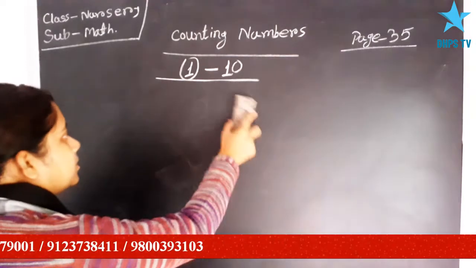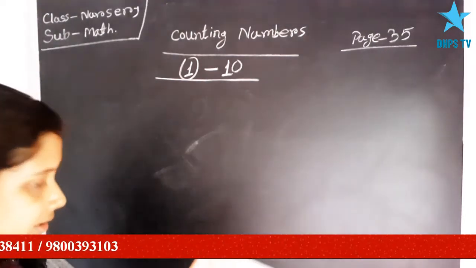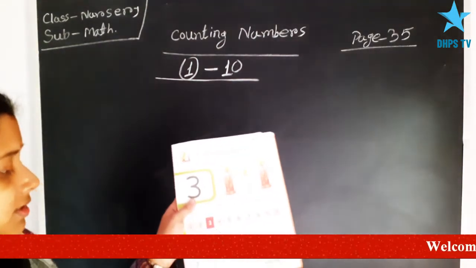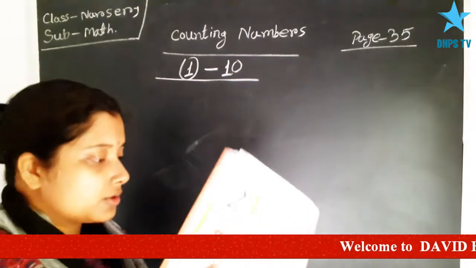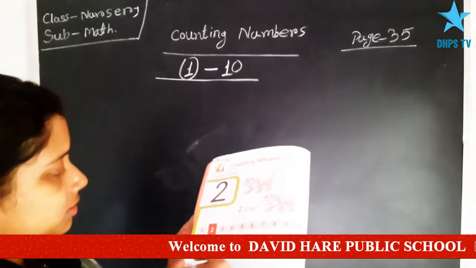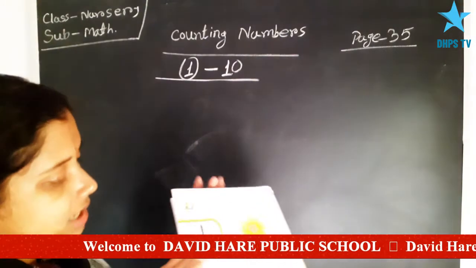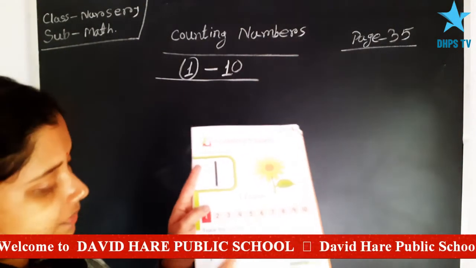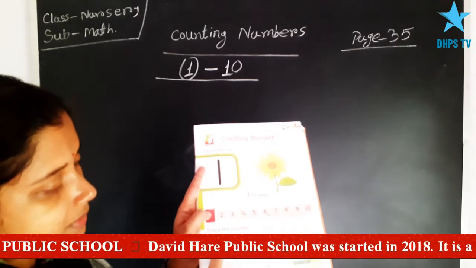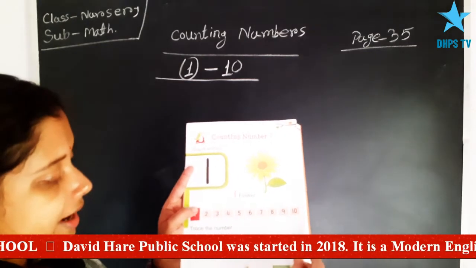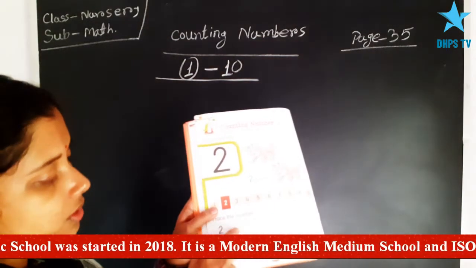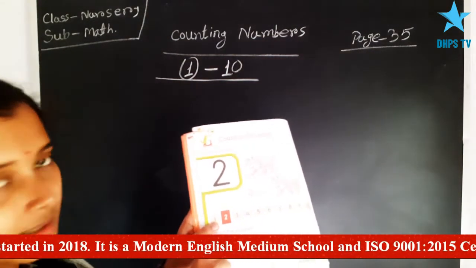And now the third counting number is 3. In the page 37, and also in your book you can see in the bottom portion the task from the counting number 1. In the bottom portion of the page, the same number has given, and you can trace the number by pencil. Here you have to join all the dots and then you can get the same number.